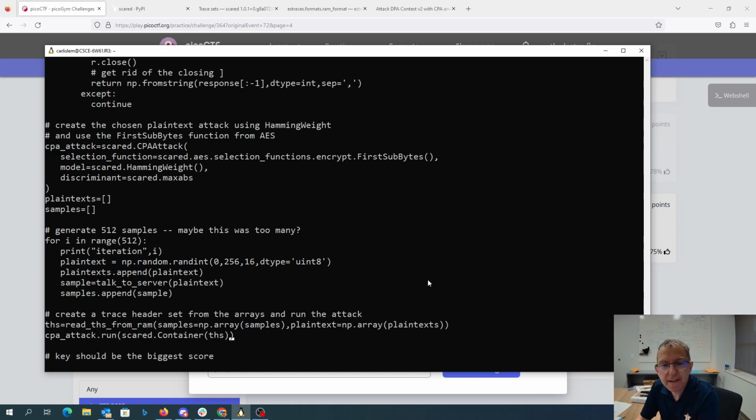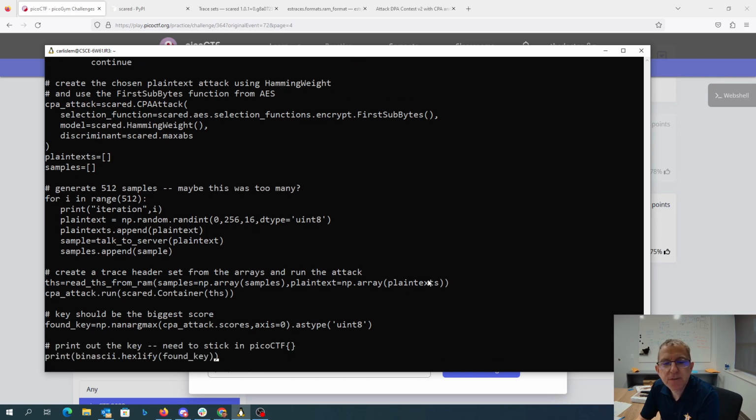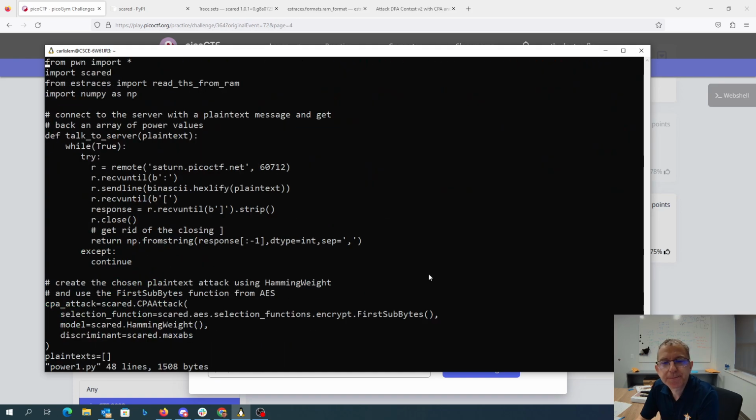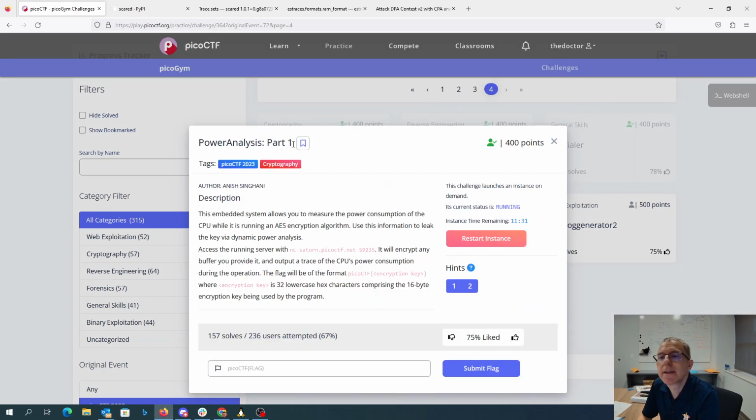I run the attack, which is almost like magic, right? It does all of the power correlations for me, looking at what AES would be on the plaintext. And we pick the biggest score, and we print out the key. And then I'm going to need to stick that key in the picoCTF format. All right, so need to get the port number right,